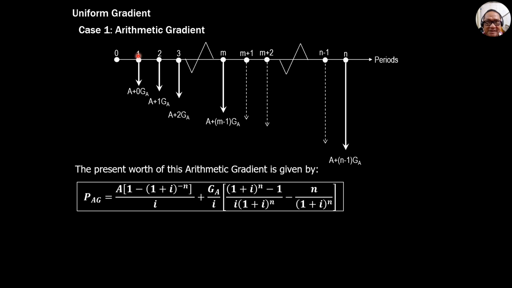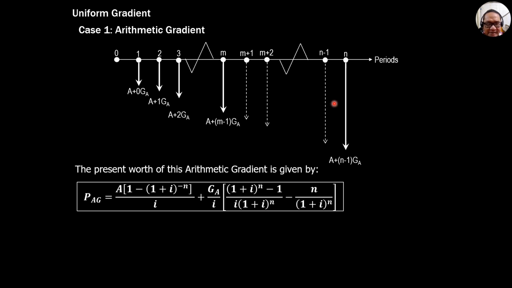Present value is future divided by 1 plus I to the n. And n is 1 for this first end of this first period. For the second period, you divide this by 1 plus I to the power 2. Then this one, a plus 2ga divided by 1 plus I to the power 3, and so on and so forth until the end, this value divided by 1 plus I to the power n. So that's my suggestion instead of memorizing this formula if you cannot do it.